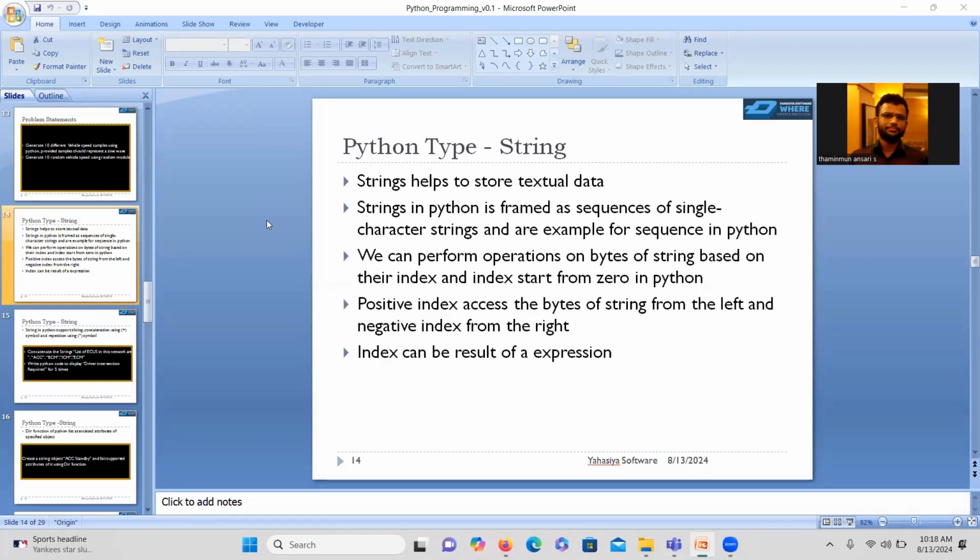Index can be a result of an expression. You can get the index through which you want to extract a particular character from a string through an expression, and that is allowed in Python. I believe some of the programming languages support that. Right. So these are some basic information that we have to know about strings in Python. From my view, with this, we can proceed to try some examples, and then we realize how strings work